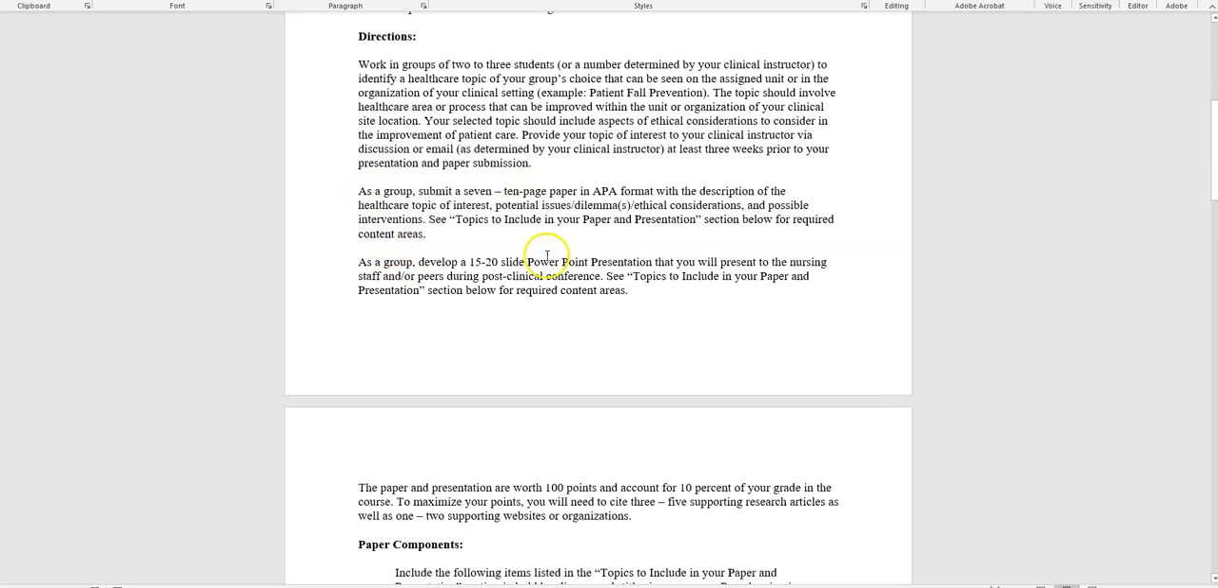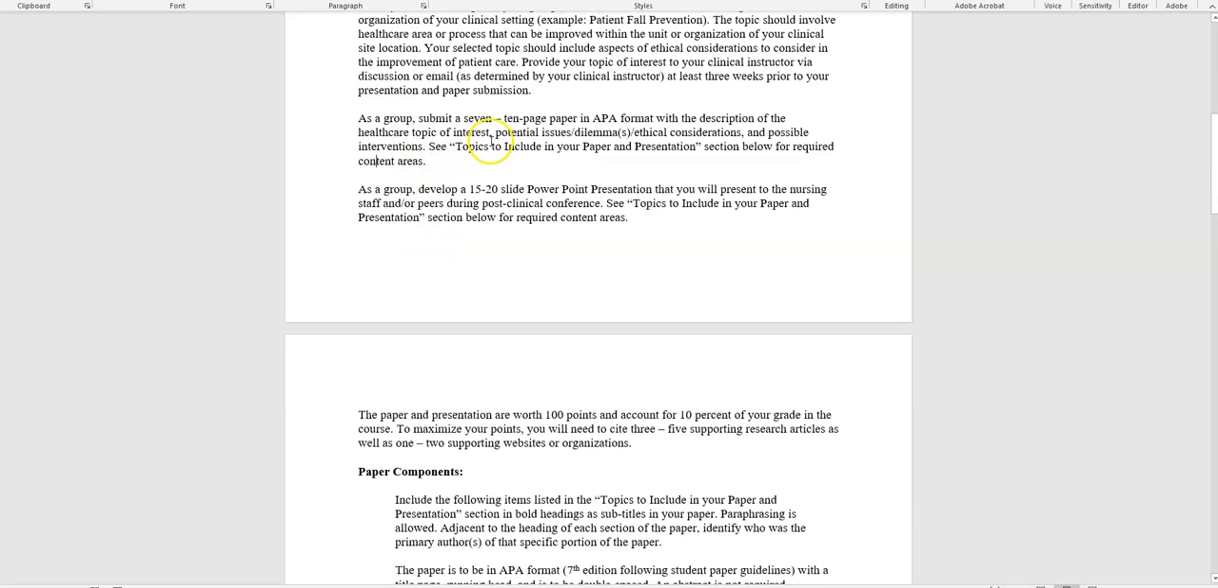The group will then have to submit a 7 to 10 page paper in APA format, using the APA 7th edition formatting. The main thing with the 7th edition compared to the 6th edition is that there's a different title page. Let me back up. With the 7th edition, there's both a professional formatting as well as student formatting. I've let the students know that they can use the student formatting for this, and because they will be